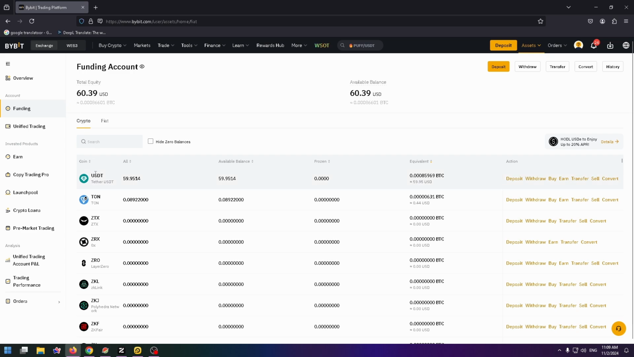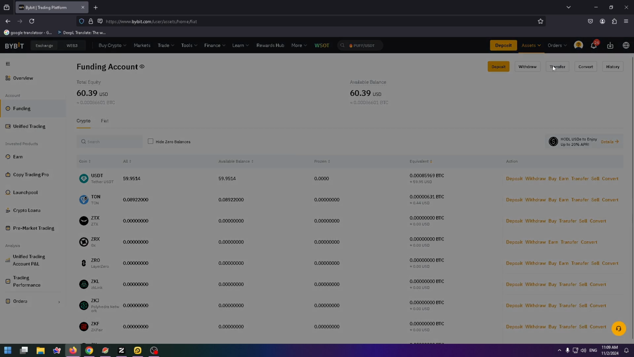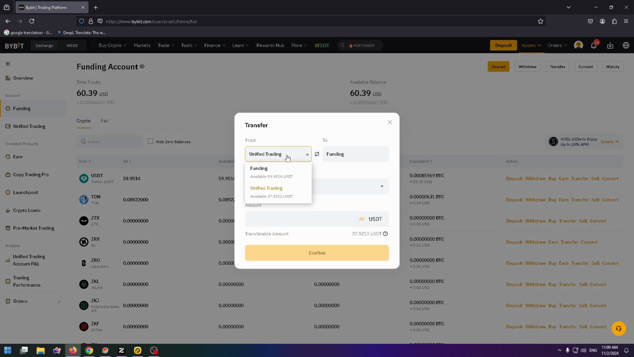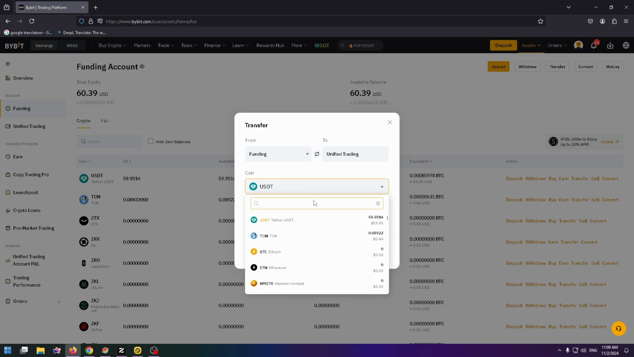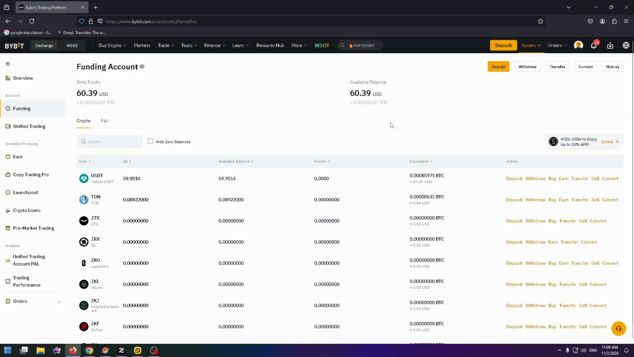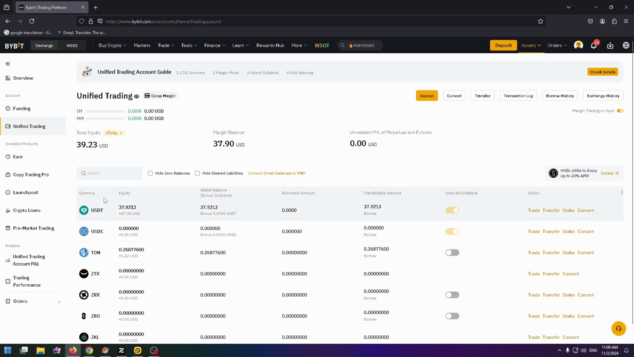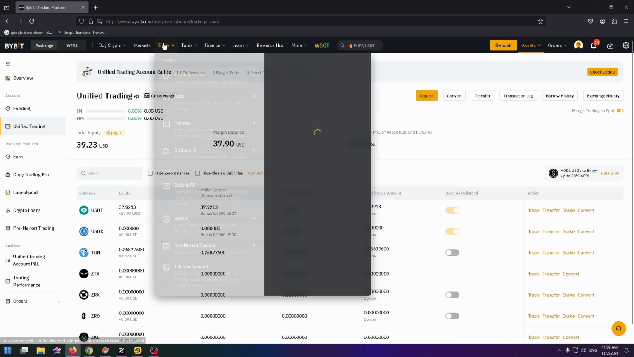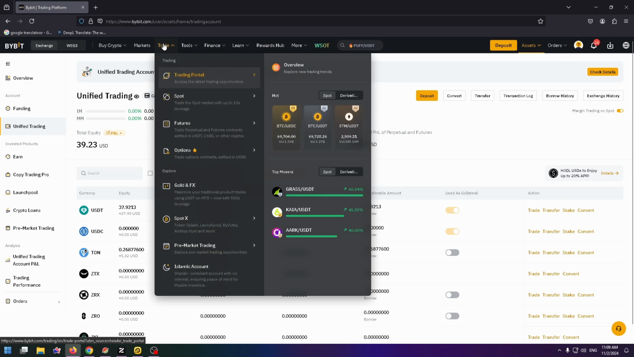So if you have USDT on this account, you need to click on transfer on the top right and transfer your money from your funding account to unified trading account. Just select the necessary coin, USDC, and enter here amount. For example, 30 USDC, I don't know. But I already have USDC here, and now you need to hover your mouse over trade at the very top